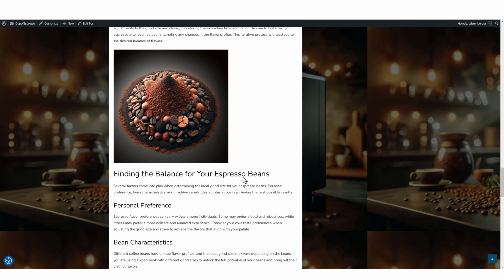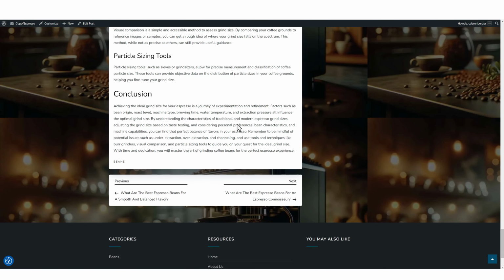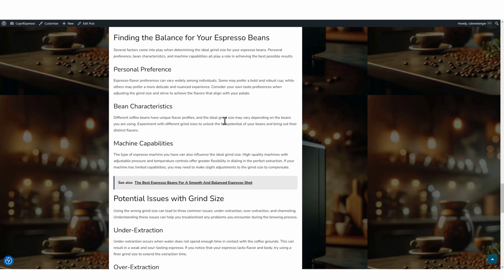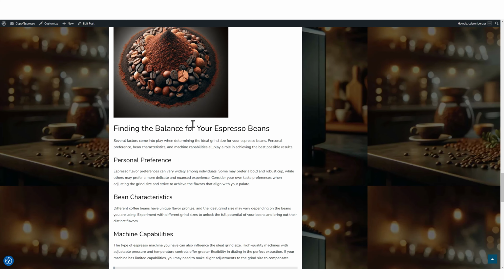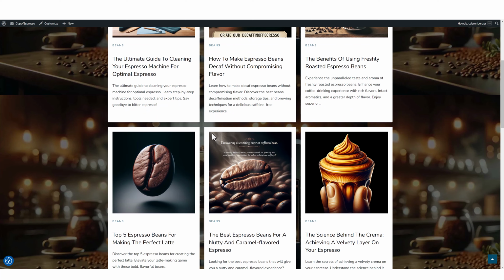And of course, this is a WordPress post, which means you can come in here and edit this. You can change it. You can do whatever you want to, because it's like any other WordPress post, but everything is just going to be done automatically for you up front. But I can see I need to change my background here because I have it set to repeat and it's not supposed to. But let's jump back to our website, and you can see here it's already added more images